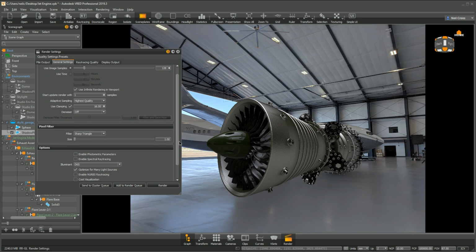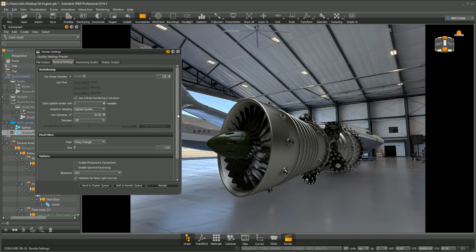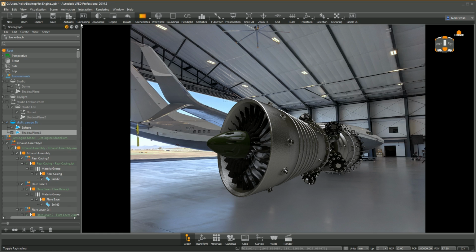Use sharp triangle on pixel filter. We can leave the rest of those as they are. You won't have this setting here, denoiser, but this is where you can use deep learning on your GPU to reduce noise in real-time ray tracing. But if you've downloaded the trial of 2019, you won't have that, unfortunately, so I can't really go into that one. But we can turn that off, and now if you just enable ray tracing here, you should see a